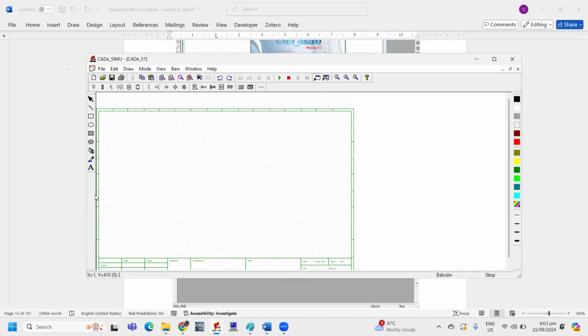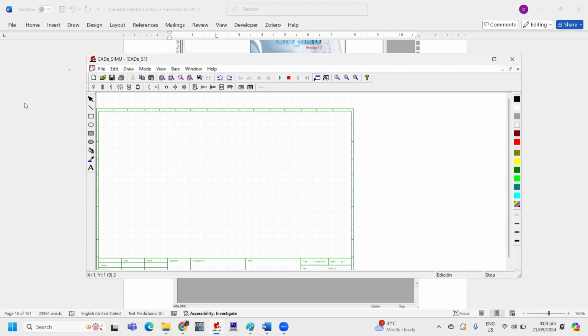After opening the program and inputting the password, there are several icons to start with. First, we will understand what these icons are.